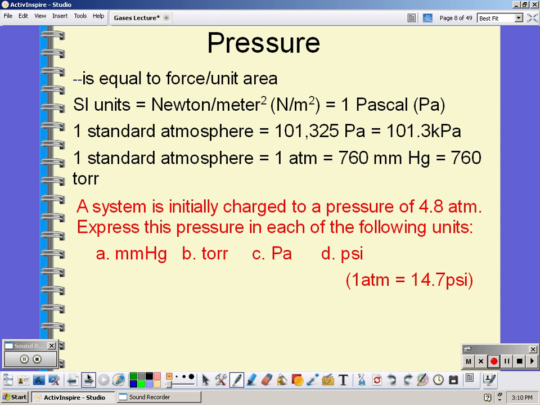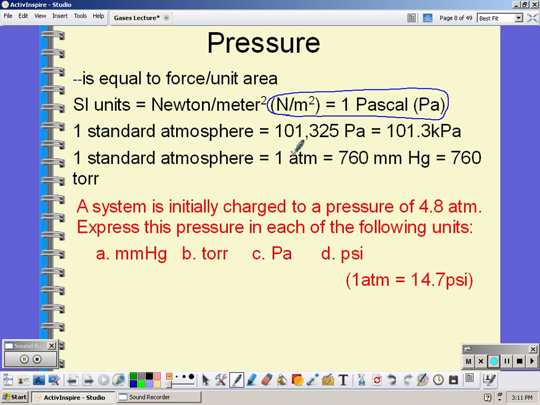Pressure is equal to the force per unit area. We've already talked about how it's newtons per meter squared. Well, newtons per meter squared is also equal to a Pascal. Pascal is the scientist who looked at pressures and came up with it, so that's why the unit is named after him. So 1 atmosphere is equal to